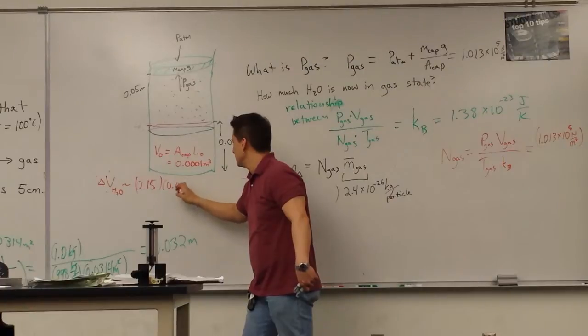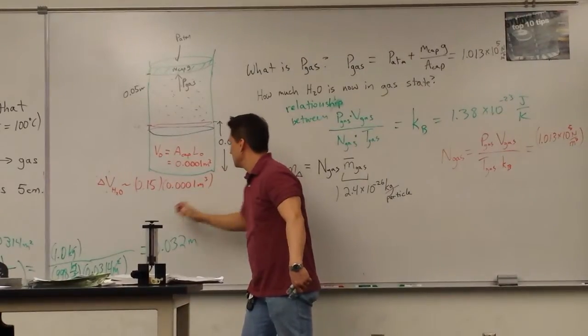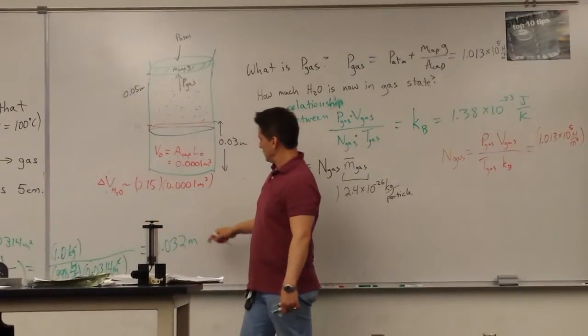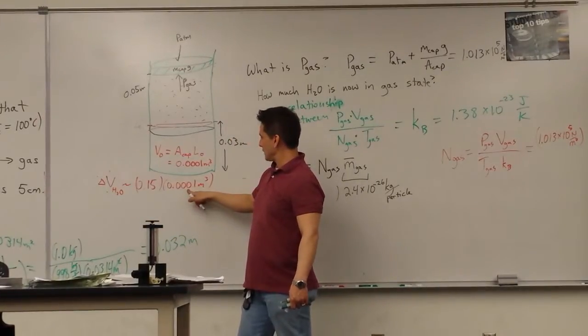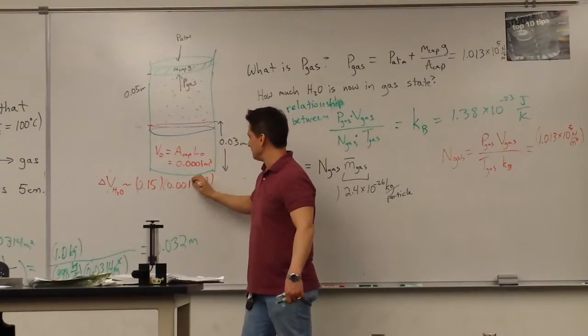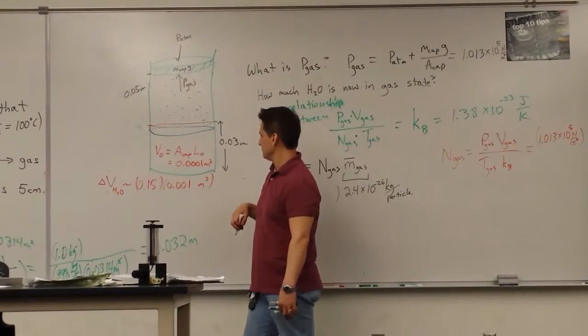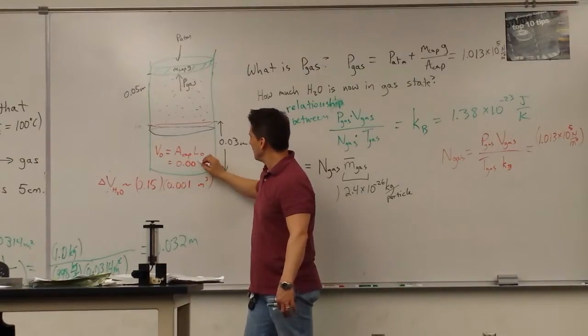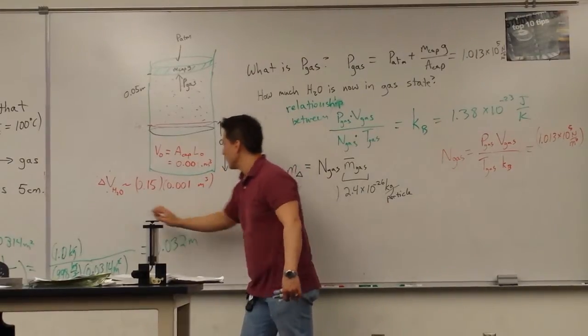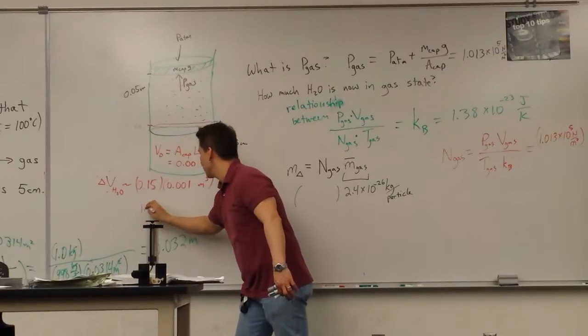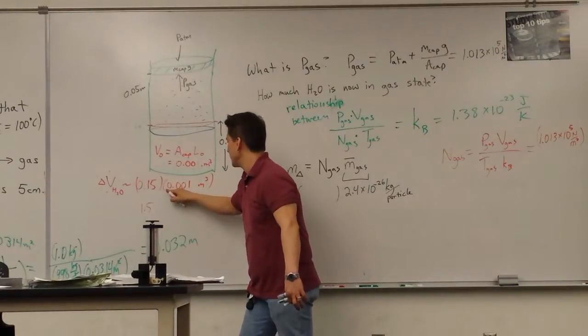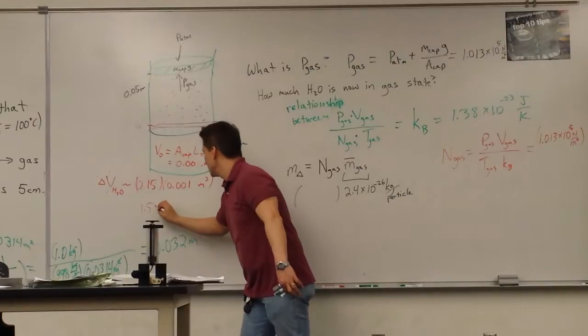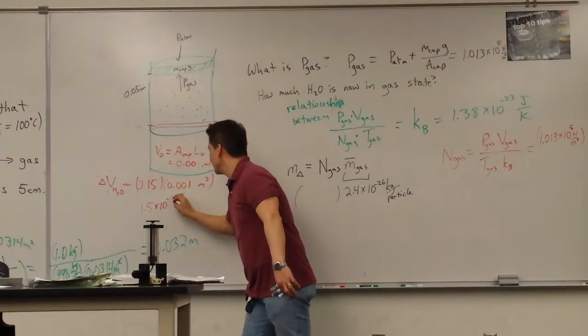Give or take. I think it's zero. It should be 1,000, not 10,000. That would be a cube. So this would be 1,000? Oh, one, okay, I'm sorry. Here we go. What's that? In the diagram. Oh. So this is going to be about 1.5, I'm going to move this decimal point over, times 10 to the negative fourth.